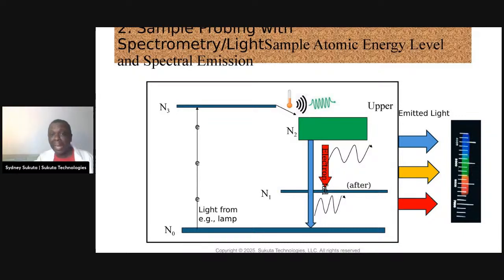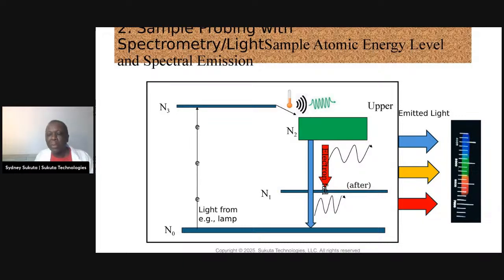Now, those gaps actually represent specific colors or wavelengths. So what you'll see outside is this rainbow here. See that? This rainbow here. In this case, you're hitting the sample, so this is the spectrum of the sample. This is in angstroms, so you can chop a 0. So this is like 400 to about 700 nanometers in the optical, in the visible spectrum. So this is the spectrum of the sample.